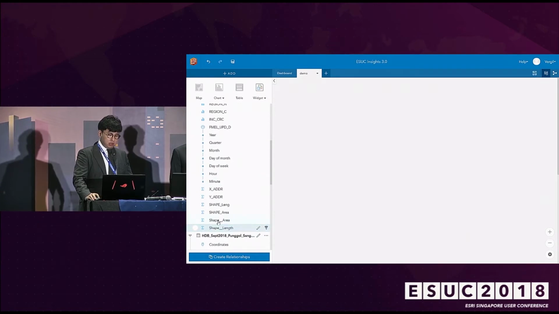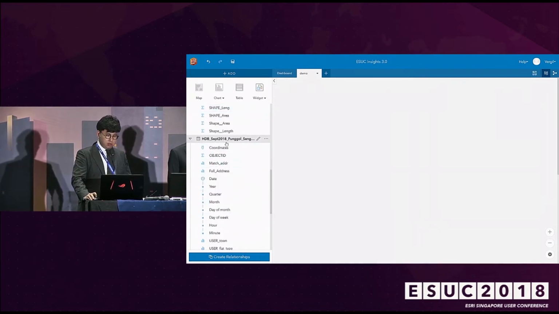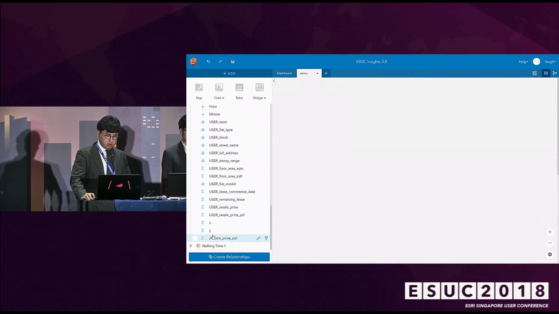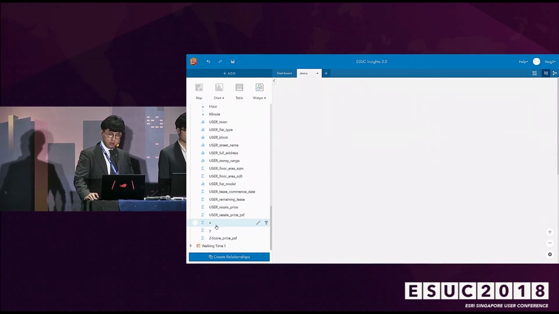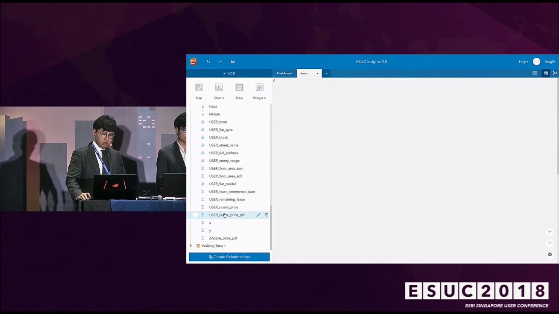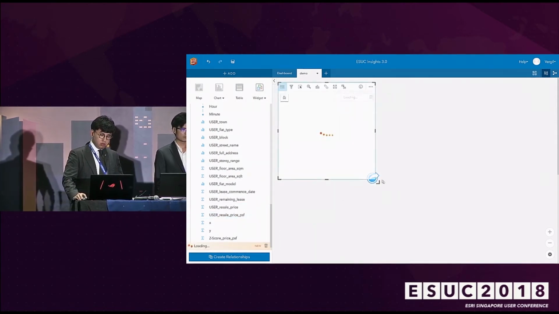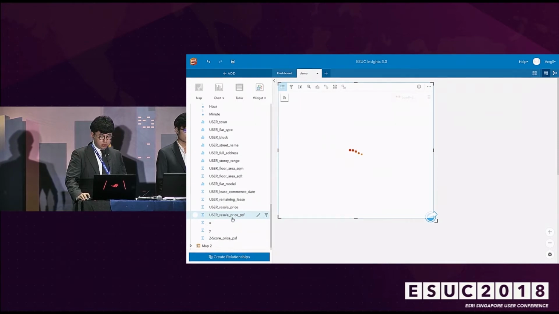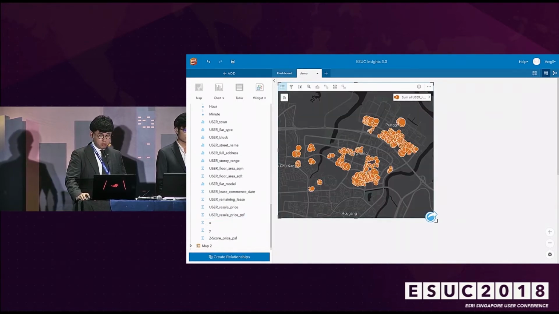So the first thing I can do is simply, so this is the Excel file that was directly imported. And I just have an X and Y coordinate for each transaction, so we geocode that, then we simply can visualize all the transactions on the map by dragging the resale price per square feet into here.